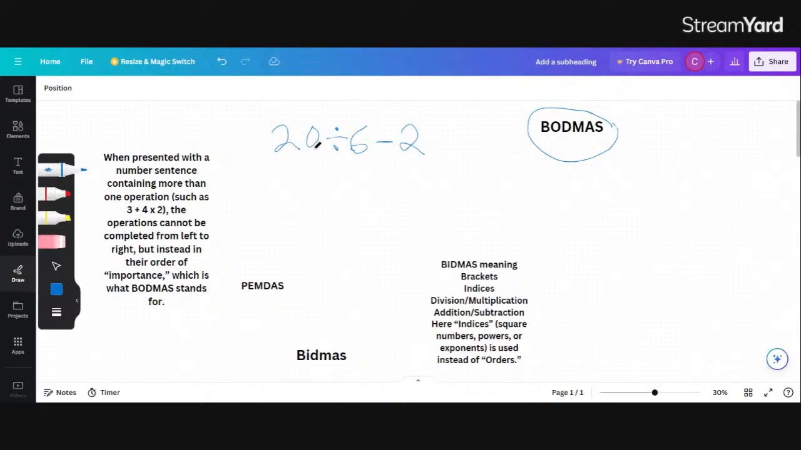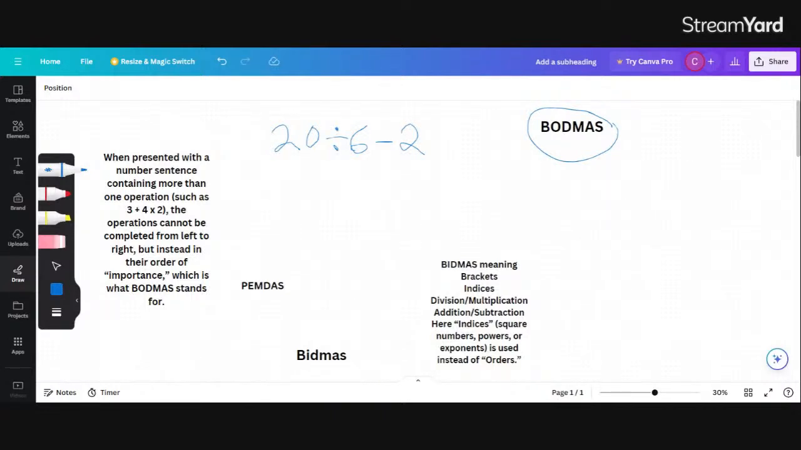Okay, 20 divided by 6 minus 2. Let me go for 6 minus 2. That will give you 4, right? 6 minus 2 will give you 4. Then 20 divided by 4 will give you 5. Oh, it's good. No, but it's wrong. When you do it that way, it's wrong. Remember, we have the rules, BIDMAS, and the second part of